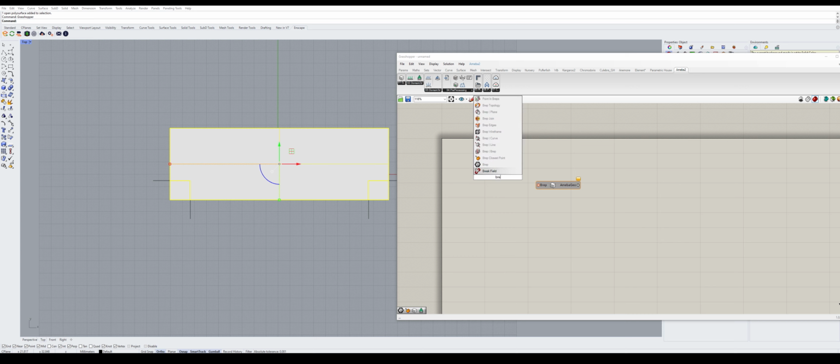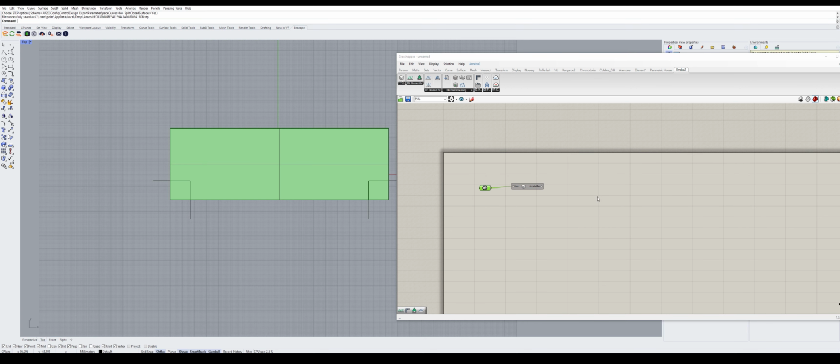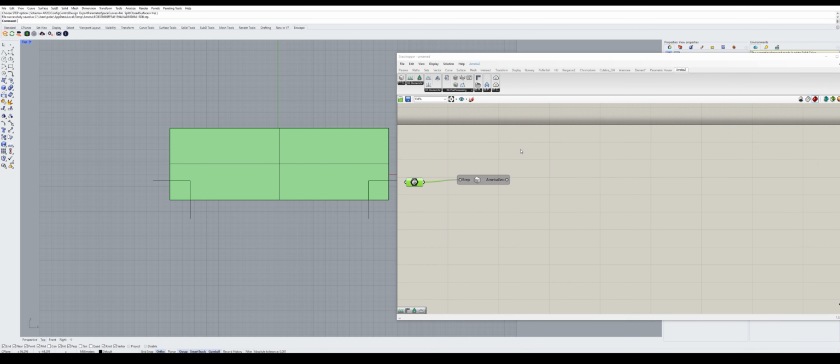Type in group. Connect our component, and right click, set. And our geometry has been assigned to this component. So the next step is to assign the load and the constraint. So put in load and constraint on the canvas,